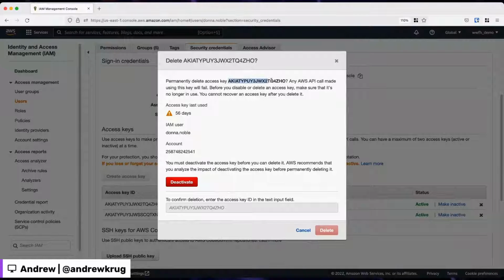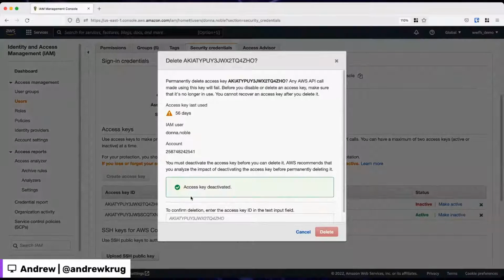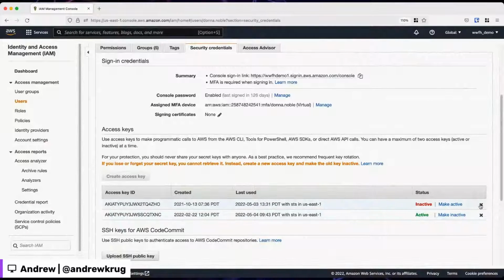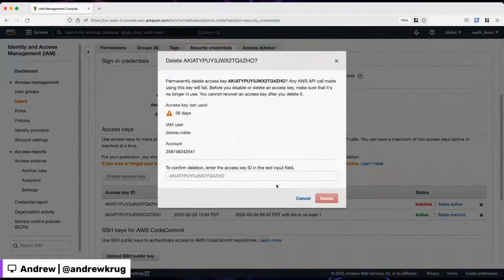Let's see if this works. Paste. Wow. Okay, that worked. So that key's deactivated, and now we can go ahead and just remove it.